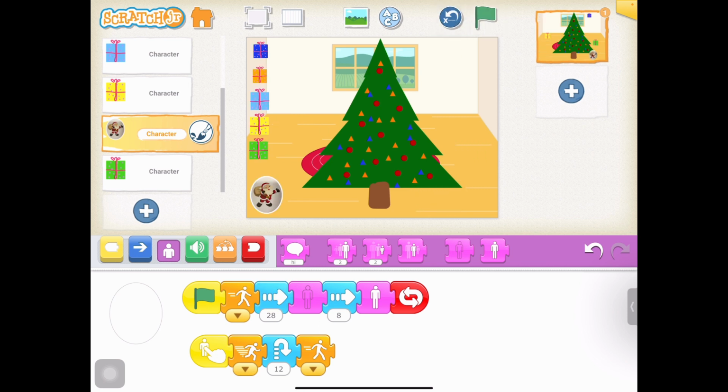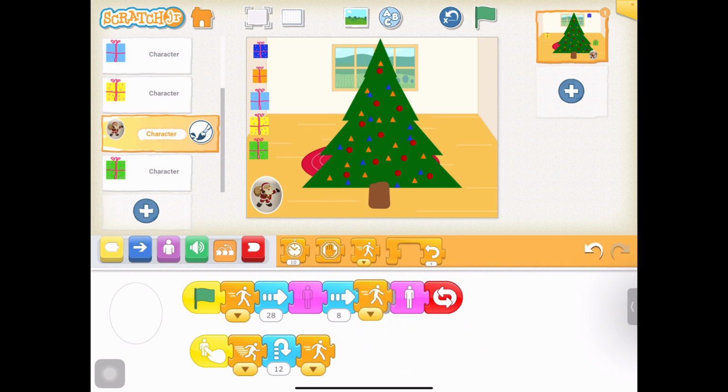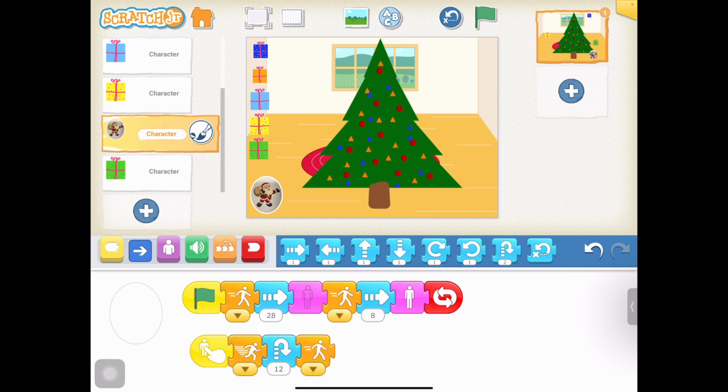Another thing you could do is make Santa go faster the whole time, right? We could change his speed along the way. So we'll change the speed code. So maybe right after he appears again, or maybe right there. Let's see. Oh, that's not going to work. Let's put another movement code in then. So we're going to have him disappear and then go fast. And then maybe after he reappears,